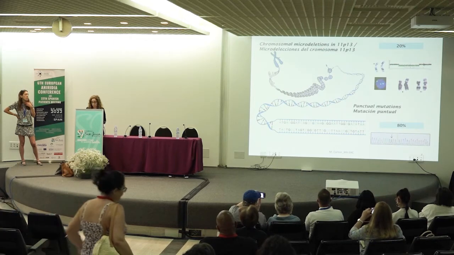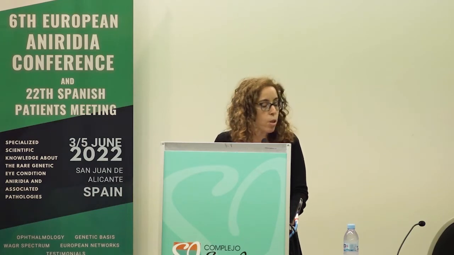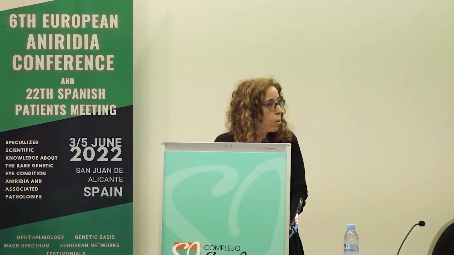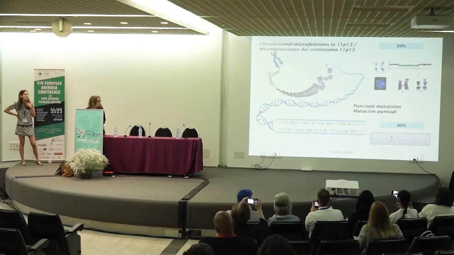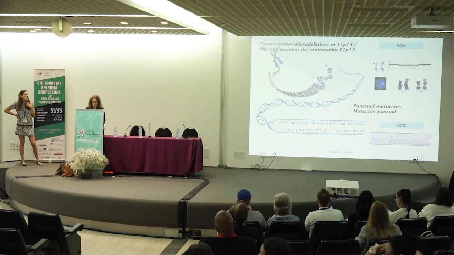There are different defects in PAX6 leading to aniridia. Most of the patients carry punctual variants affecting the nucleotides, the letters of the PAX6 gene, but we can also find